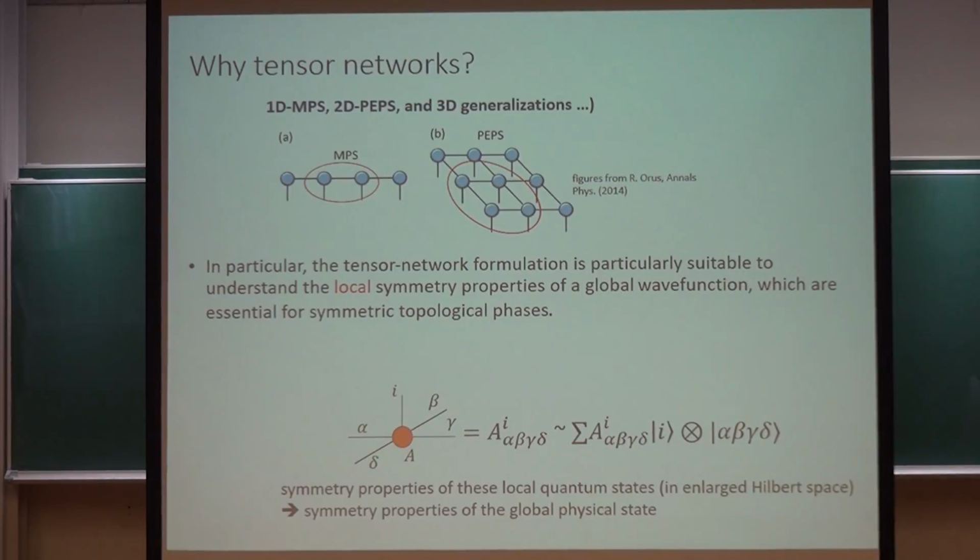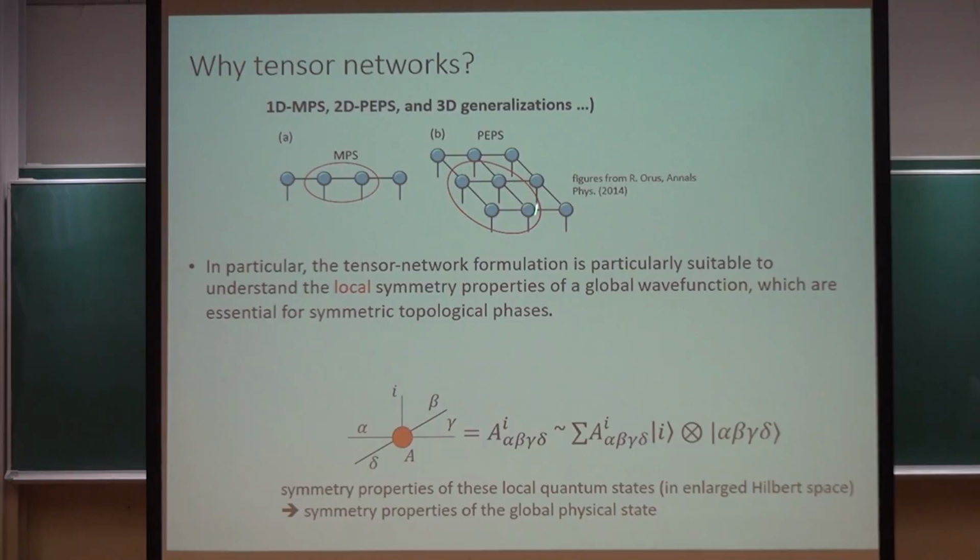So for example, symmetry fractionalization is really a question about if I create an anyon here, if I have a localized symmetry action, how that localized symmetry action transforms this anyon. And this local symmetry property of a global wave function is usually difficult to formulate. But in this tensor formulation, it's directly there. Because